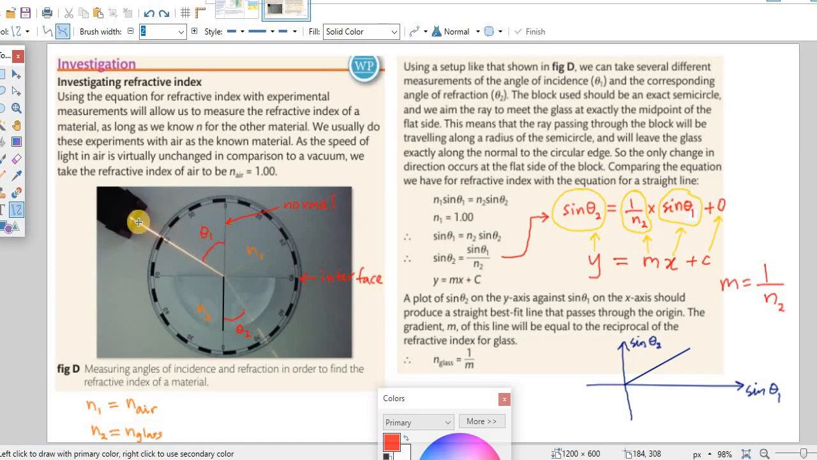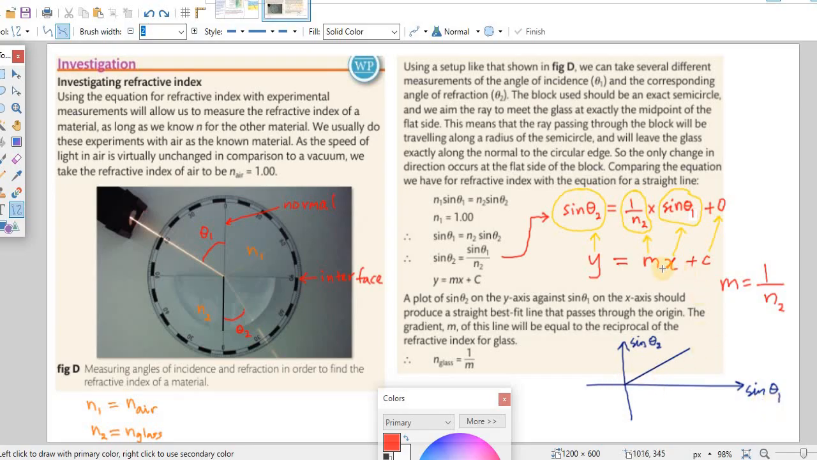We vary theta 1. We can move this light source in that direction so that it always strikes the center here. Therefore, this refracted ray is like the radius of this circle. So therefore it makes a 90-degree angle at the circumference. Okay, we learned that previously. Then for different values of theta 2, you can calculate sine theta 2 and get the corresponding values of sine theta 1, plot a graph,